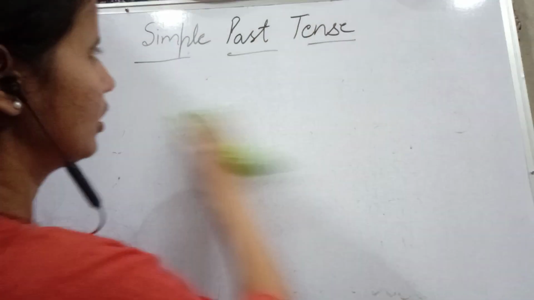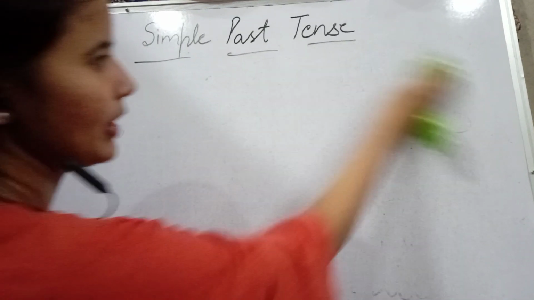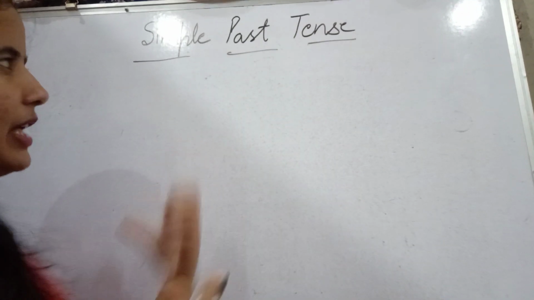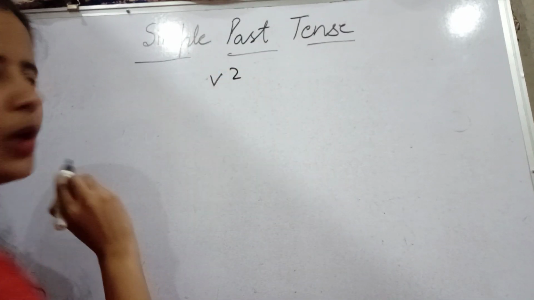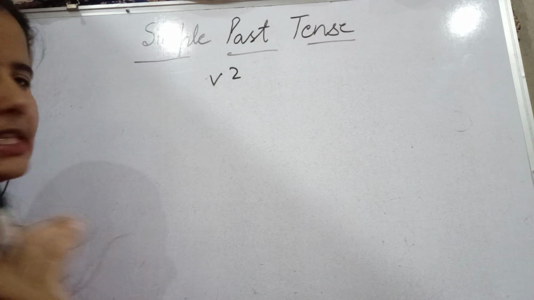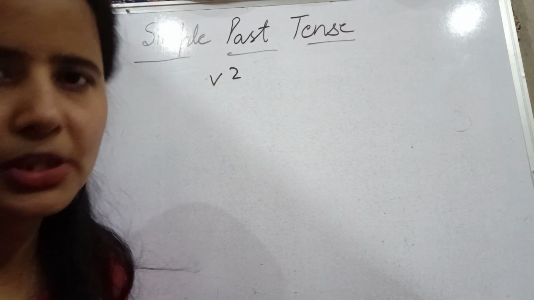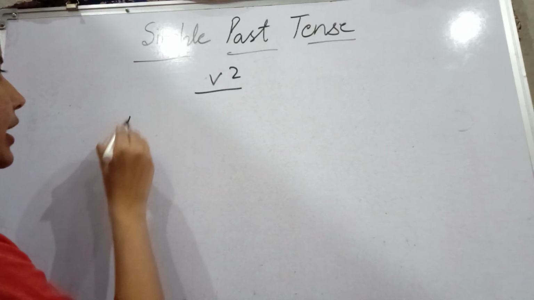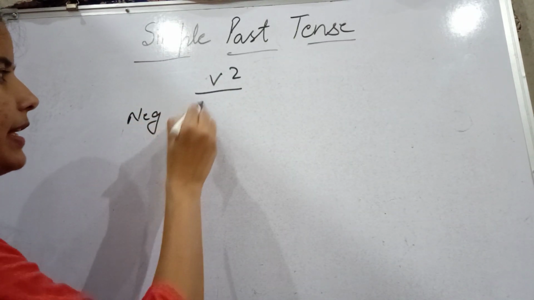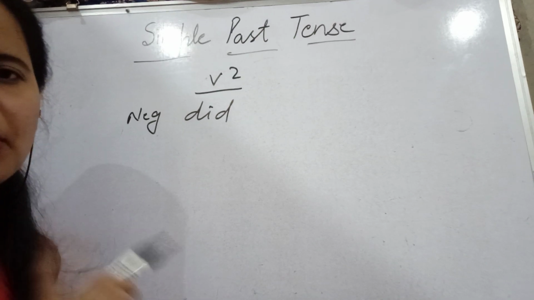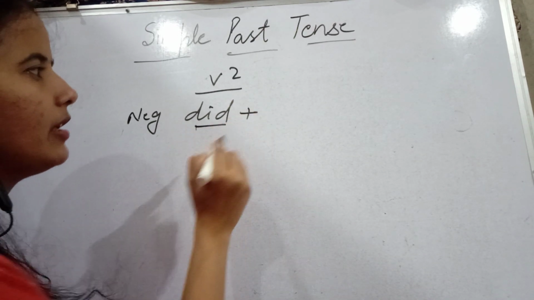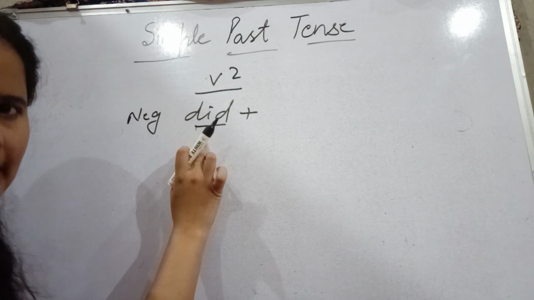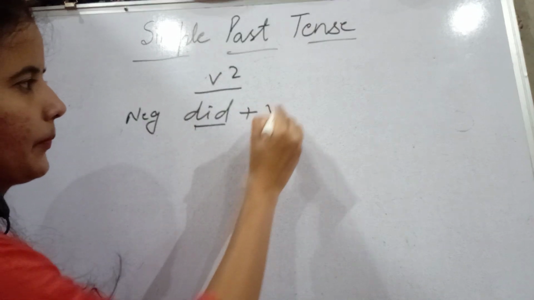Alright. So, simple past. We are just going to revise the things. A simple past affirmative sentence means we have to use V2. Just remember, if you are going to form a simple past affirmative sentence, you have to use V2 there. And if you are using a negative sentence, then we have to use the helping verb, and that will be did. But did does not take V2. Did always takes V1.